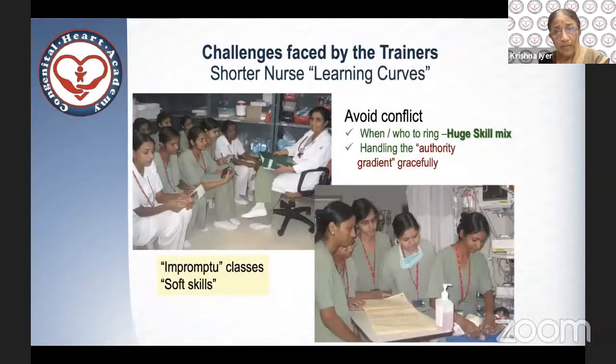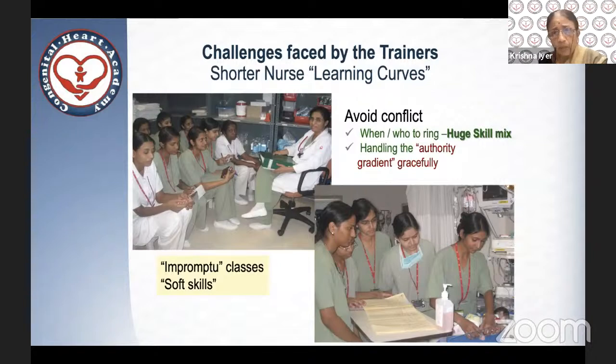Now, what about the challenges which are faced by our trainers? Because there are very few skilled and experienced nurses and nurse trainers, the aim is to see that we have shorter and shorter nurse learning curves. So impromptu classes are held whenever there is a free moment, and apart from patient care management, soft skills are also